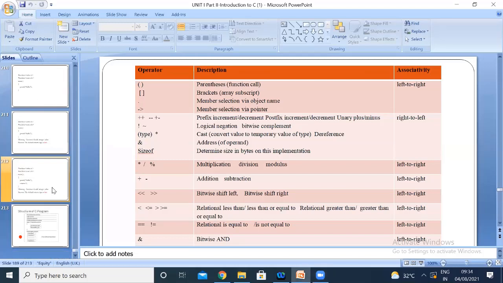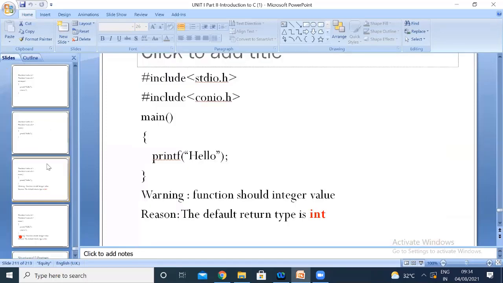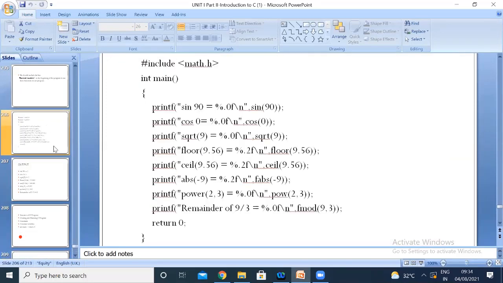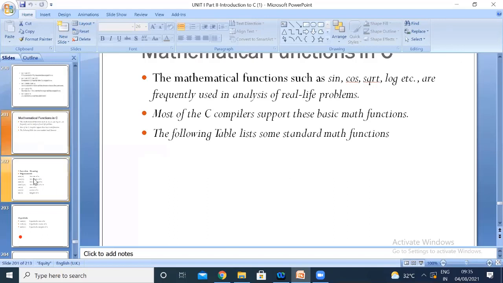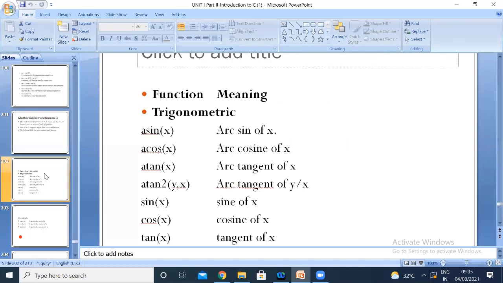Now let us go with the structure of your C program. Some mathematical functions you have, which you can use directly here: sin x, cos x, tan x, and you can use square root function, power function. These are the various mathematical functions you have.